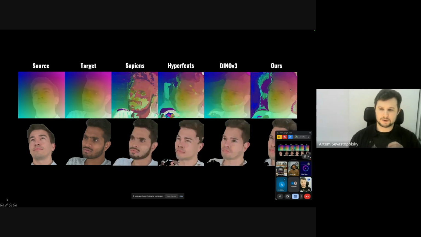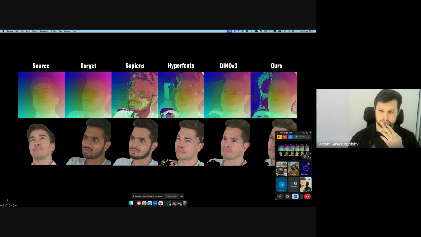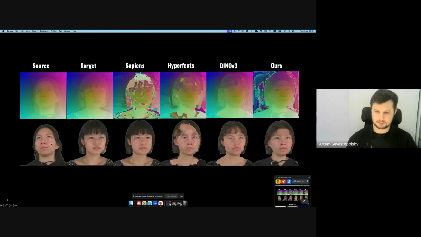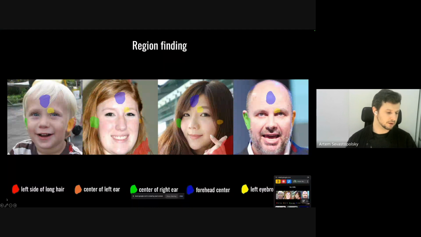Okay, and here's a comparison to the baselines. Source and target are defined in the left 2 columns, and you have the same 3 baselines defined before, and our method. If you look at these images, first of all, I think what looks the best is Sapiens, from the first glance. It's the most resembling the target person, but I have to note that it's actually contrary to what we would want to expect, because we expect kind of a face swap, right? We expect the face to be